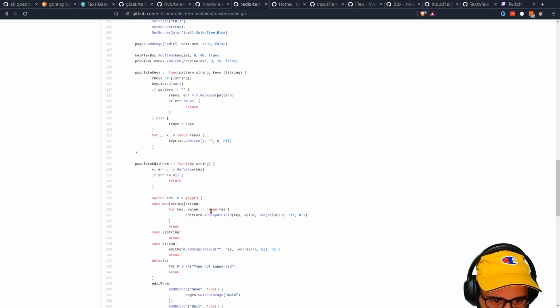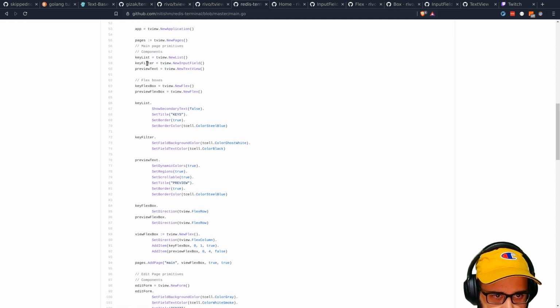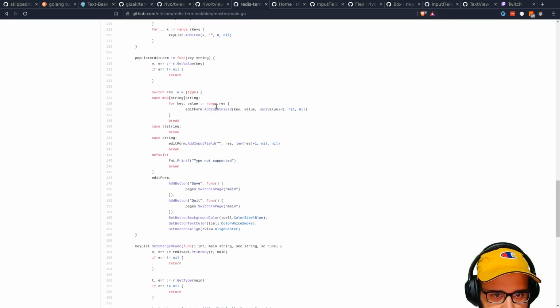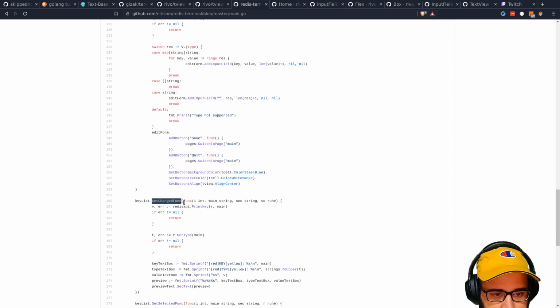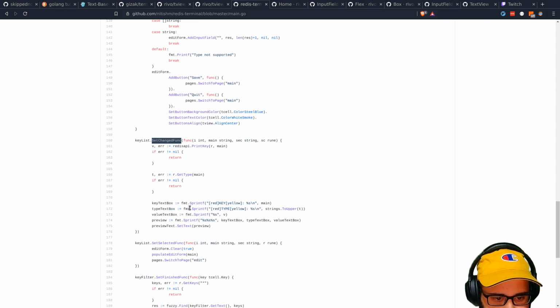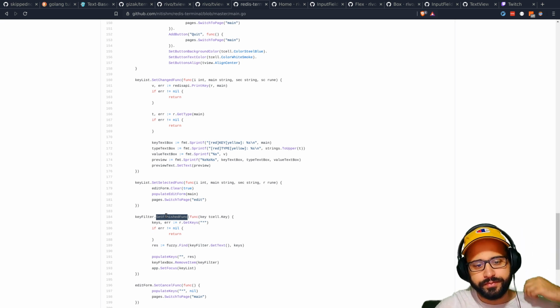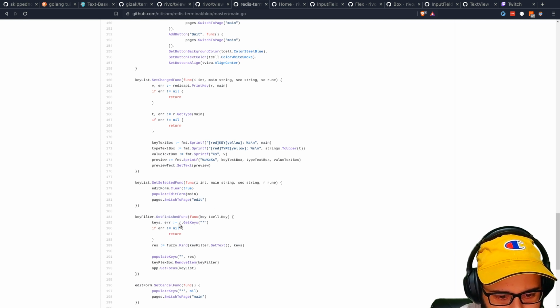Then they have this form. I'm more interested in the key filter, if they use key filter anywhere. So the edit form has these input fields. They have buttons and all of that. They have key list, which has a set changed function, and then they have a key filter which has a set finished function, which does the same thing, it takes in these values, and based on that,